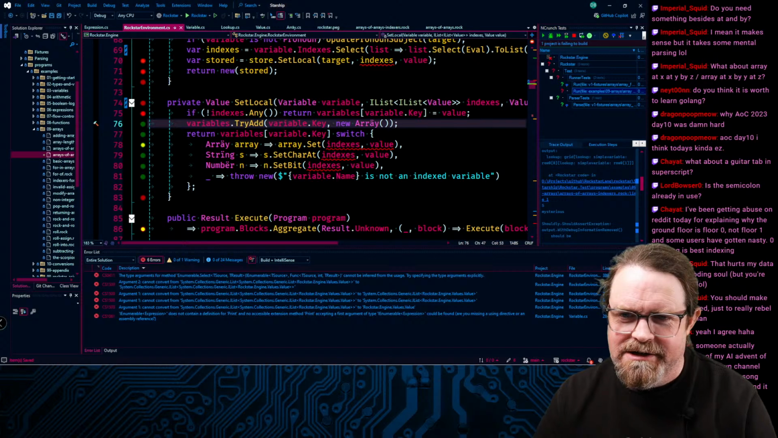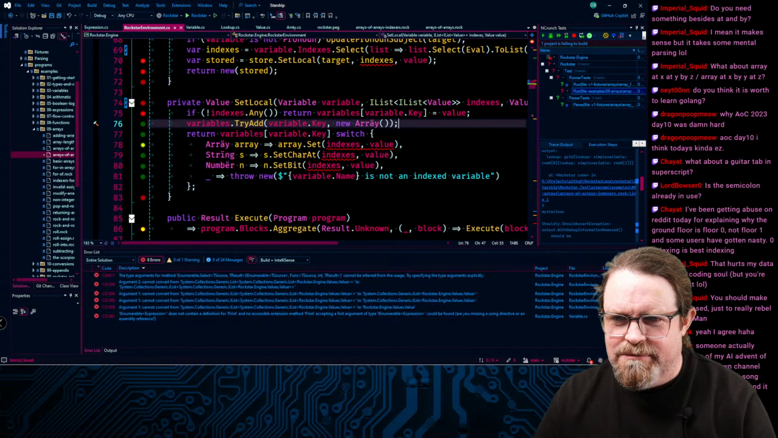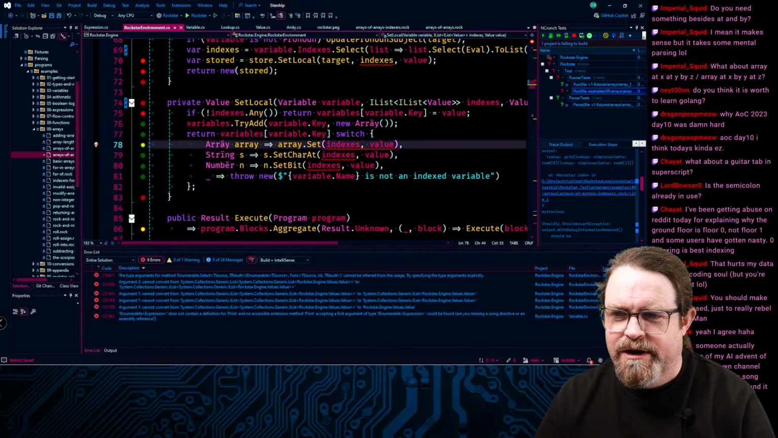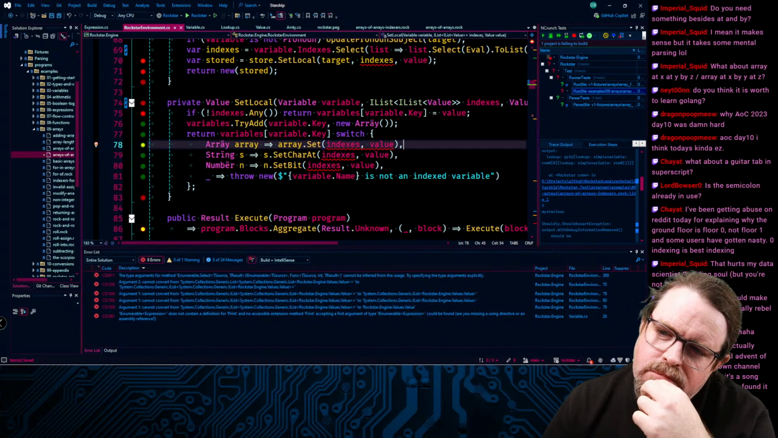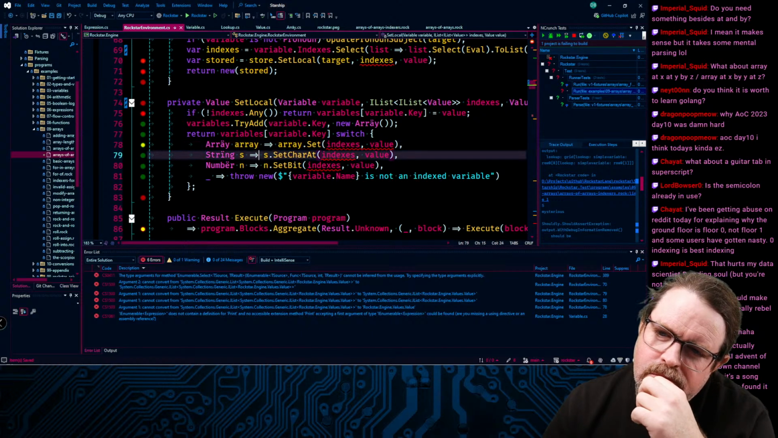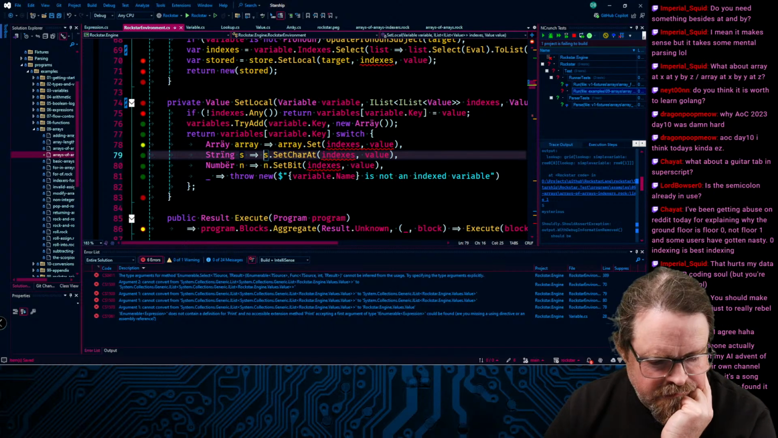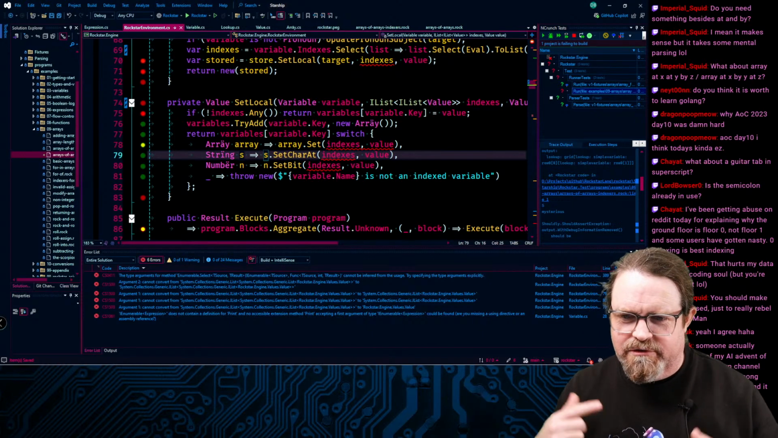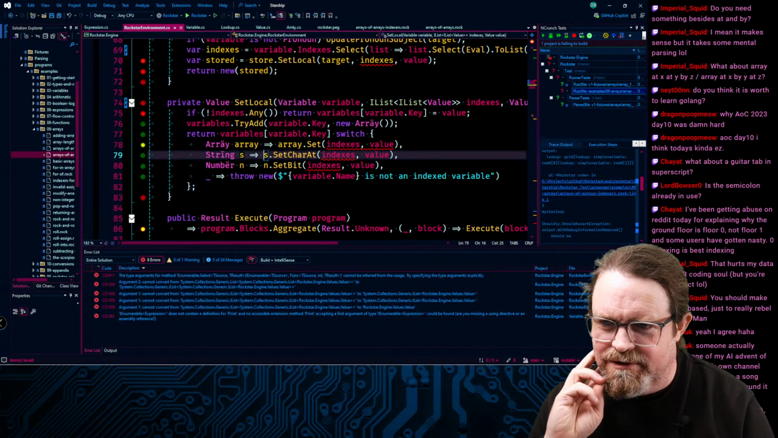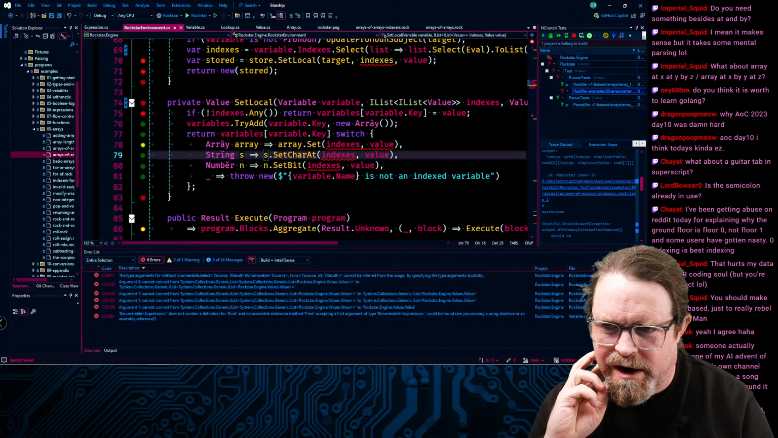So we can, okay, right, so we can do something useful here. We can say, so variable to variable key switch. If it's an array, then array.set indexes, if indexes dot, so if you're setting a string, indexes can only contain one thing. You can't do either indirect or multi-way indexing onto a string if the thing you're setting is one of those. So